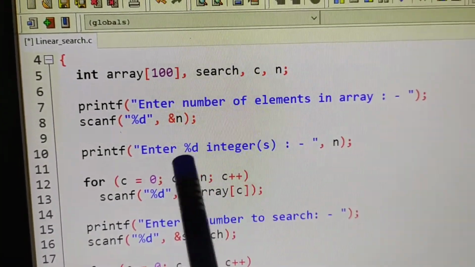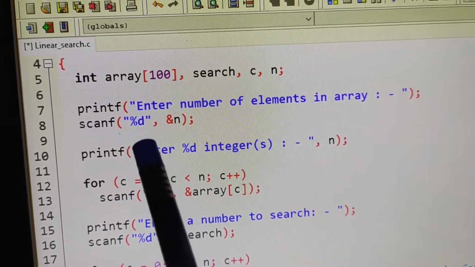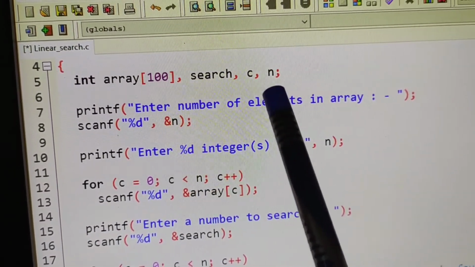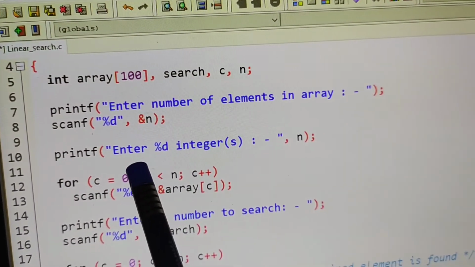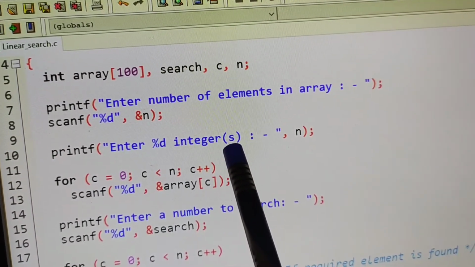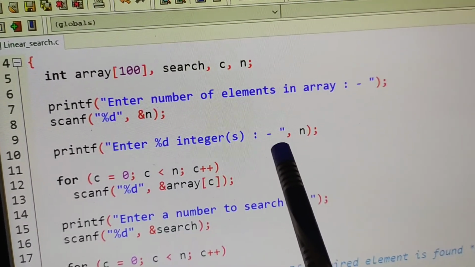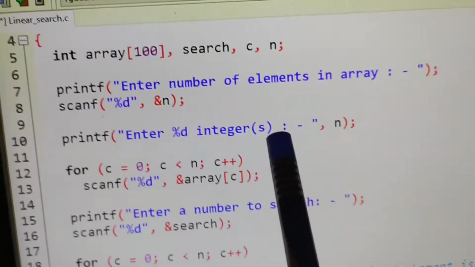I have used the print function to print the number of elements in the array, and scanned n as the number of elements. Then I have again used a print statement and used %d for the integers. The number of integers will depend on the user.